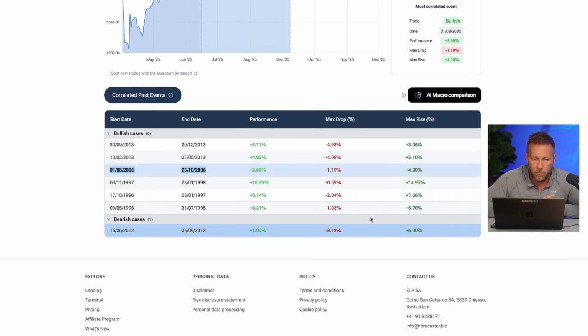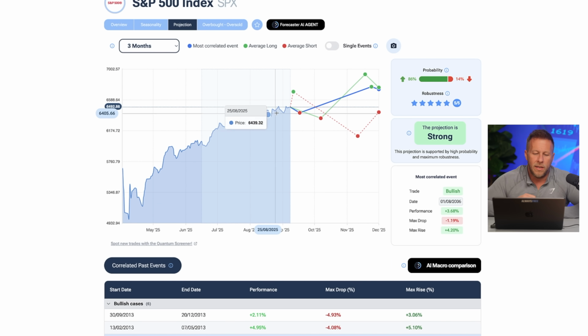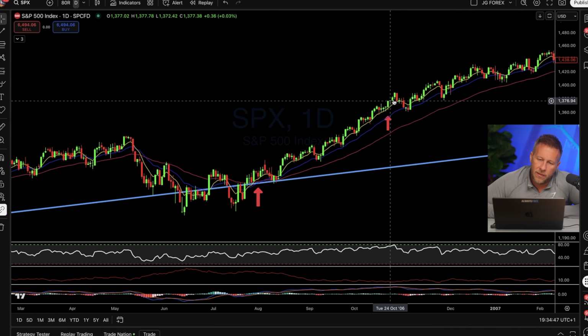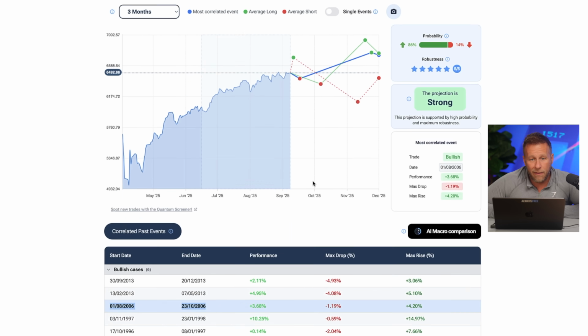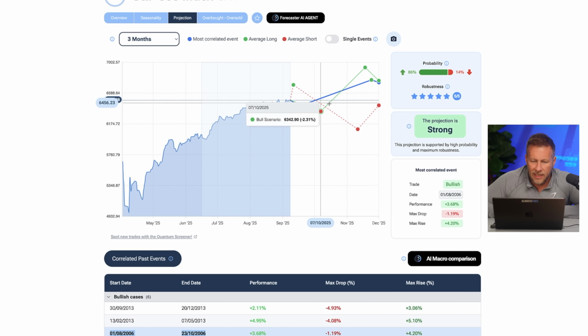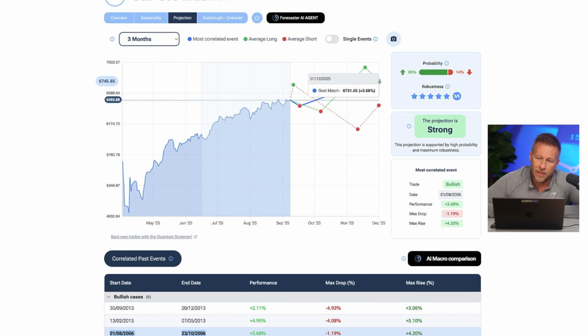And if we look at the pattern there, this is what happens, right? Okay, so we're pushing up. Now, if we look at what happens next following that period, what it's saying is the most correlated event, or the average long, and you want to take a combination of both of those ideally, but it's saying that we're going to see a tiny little dip down and then a push to the upside, okay? And we're going to finish up by the end of the next 3 months, October, November, December, higher, much higher,